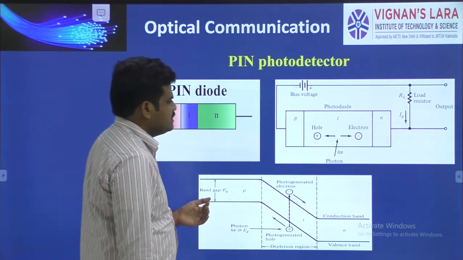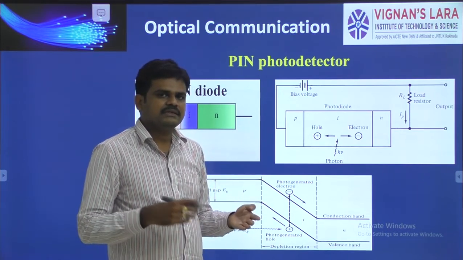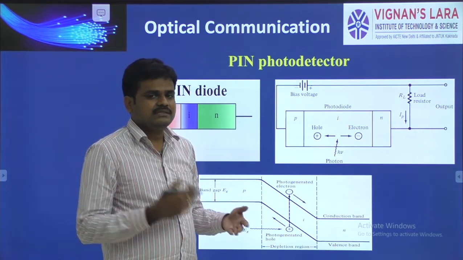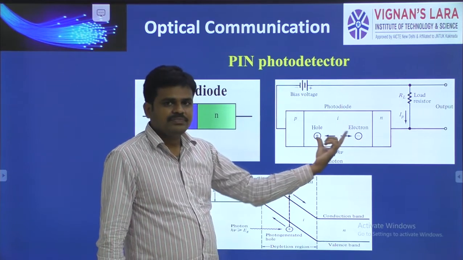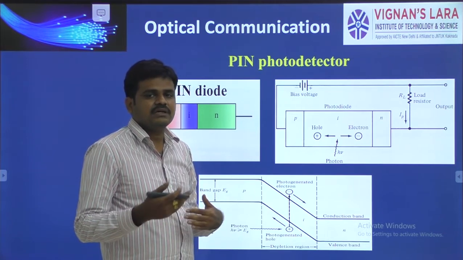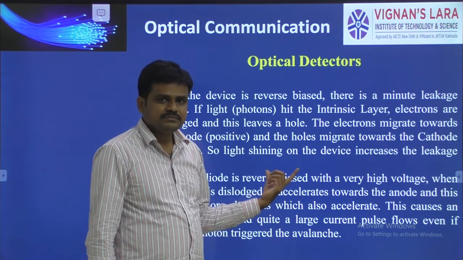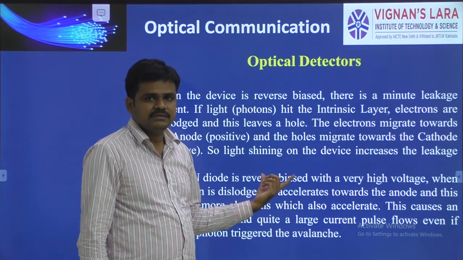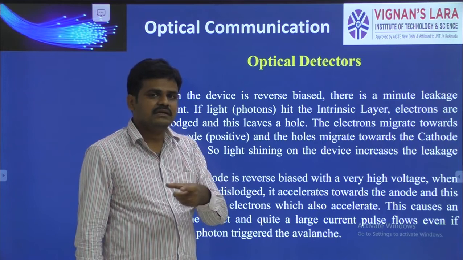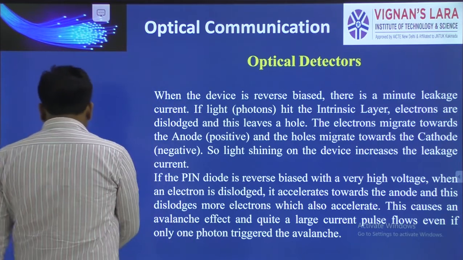So that means when you increase the light, electron hole pairs increase, which causes an increase in the current. When you decrease the applied light, the electron hole pair generation will decrease, due to which the current flowing also decreases. So the variation in the applied light leads to the corresponding variation in the output current. This is very important, and it is to be understood.